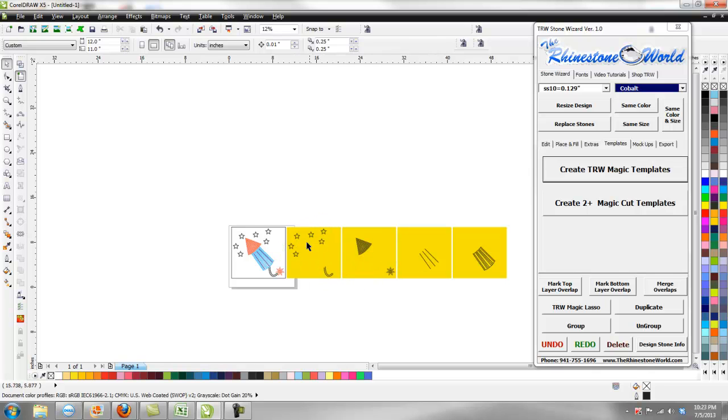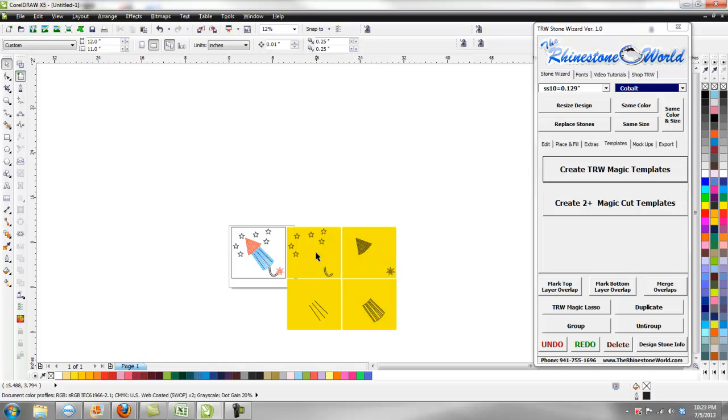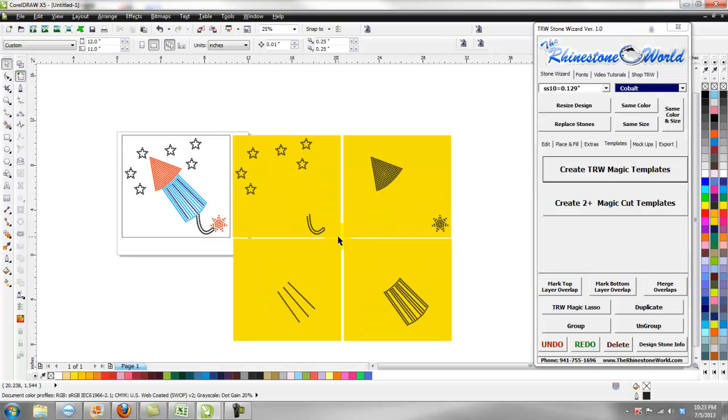So we know this is our jet black here. There's our red cyan. There's our cobalt blue. And there is our TRW blue. So we are ready to go ahead and save this as a SVG or EPS file, whatever we want. Bring it over to our cutter, send it to our cutter, and you've got a great looking design that Michelle provided to all of you. So make sure to thank Michelle for providing this free design for all of you to download when she did,